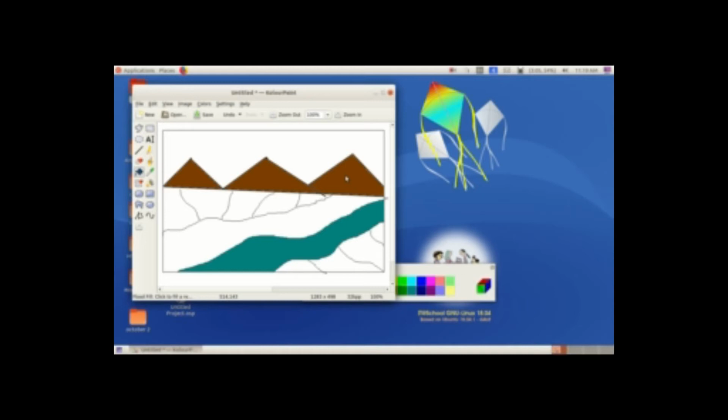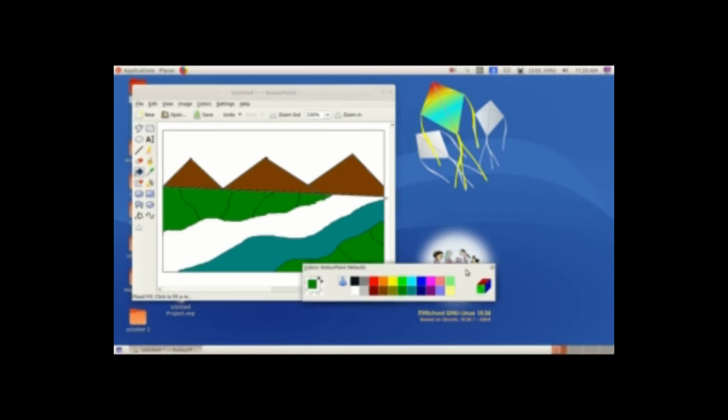Now as there is no gap, only those triangles are being filled. Now again the next color for the paddy fields. That also is over. Now in between we should have one more color, light blue.